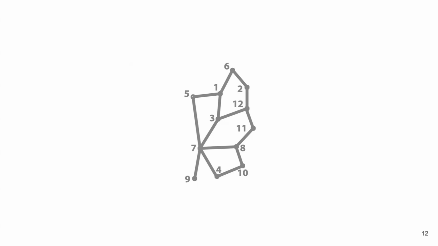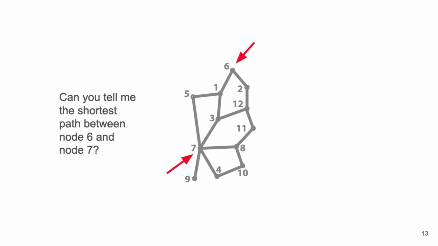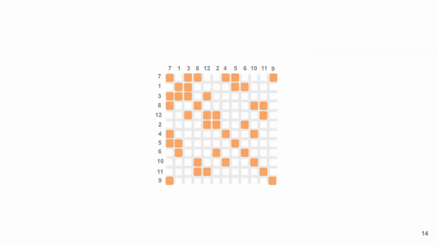Okay, I have the stopwatch. Can you tell me the shortest path between nodes 6 and 7, indicated by the two red arrows? Yeah. Okay. 7, 3, 3, 1, 6, 7, 5, 1, 6. It's fine. It took us not even five seconds. Now here,